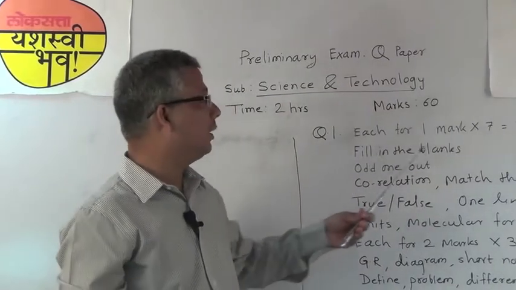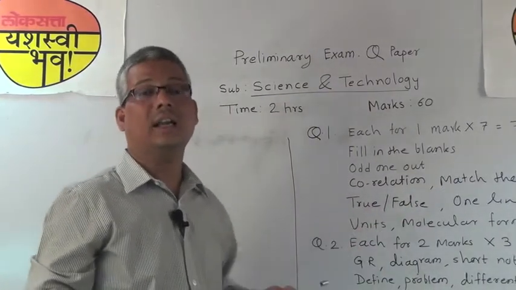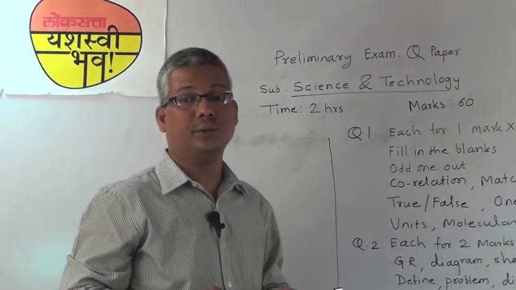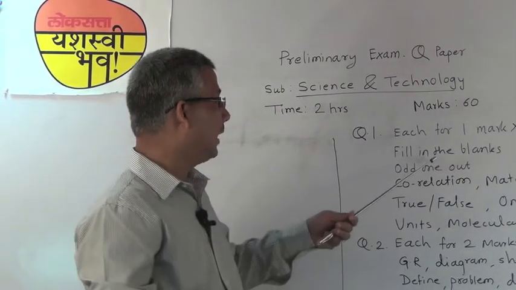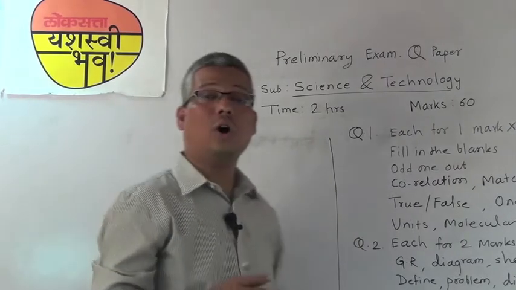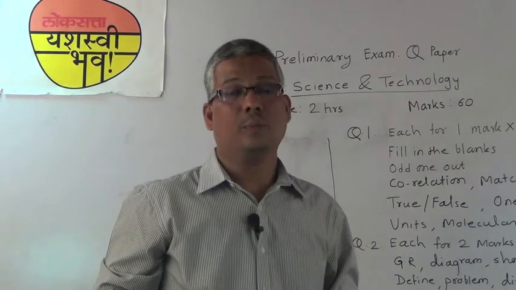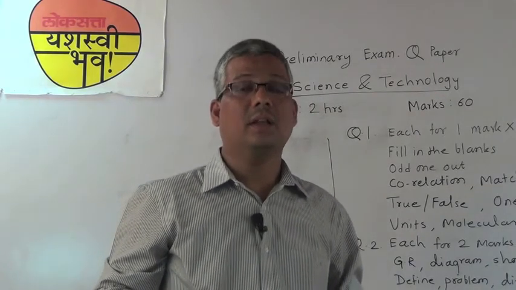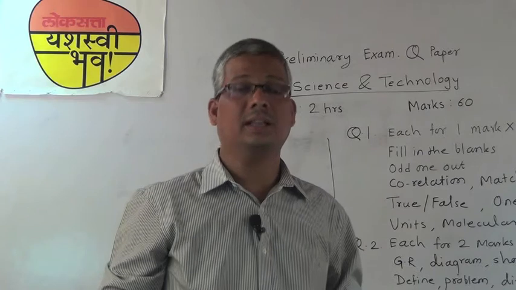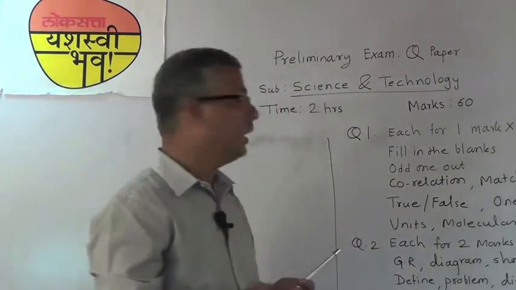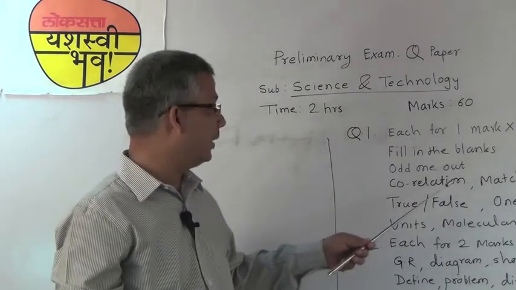While solving the fill in the blanks question, you should underline the answer. Dear students, find out the proper alternatives to fill in the blank. Then, while solving the odd one out, try to understand the group of words which are given. There is a particular relation and there is one word which does not suit that relation. So find that out and write it down separately.